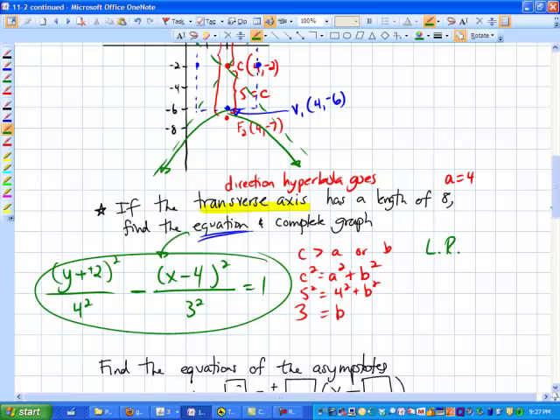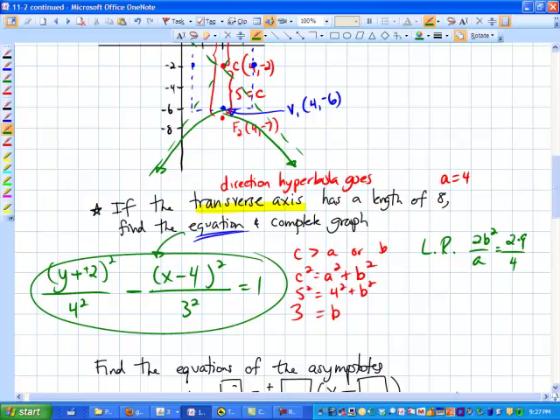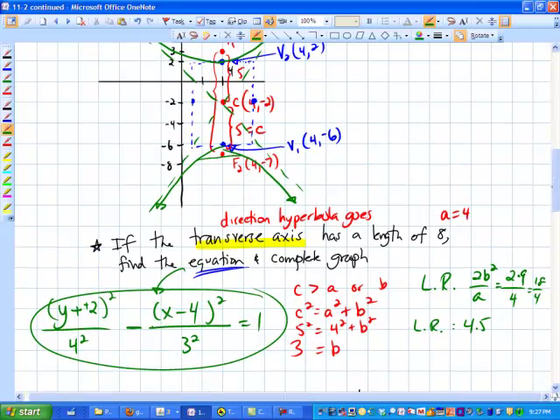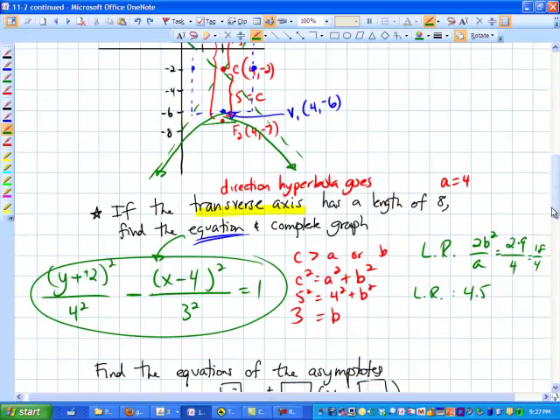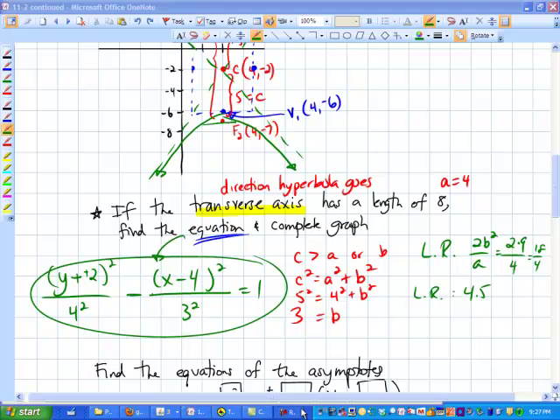That should be the equation right there. The last thing I want to do is find the latus rectum, which is 2b squared over a. So in this case, it would be 2 times 9 over 4, 18 over 4. That would be 4.5, the length of the LR. And that would be this segment that goes right through that focus point, and it should be 4.5 units long. Okay, I'm going to pause here